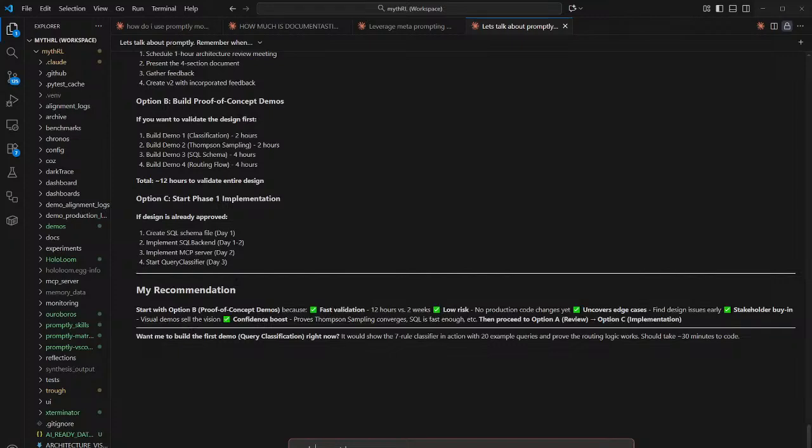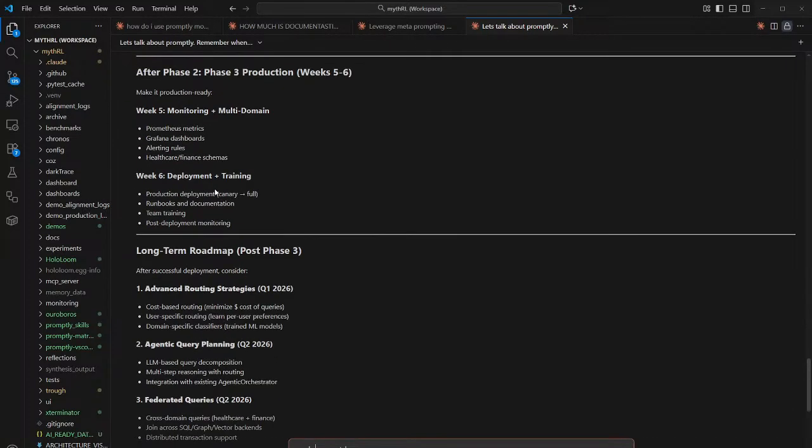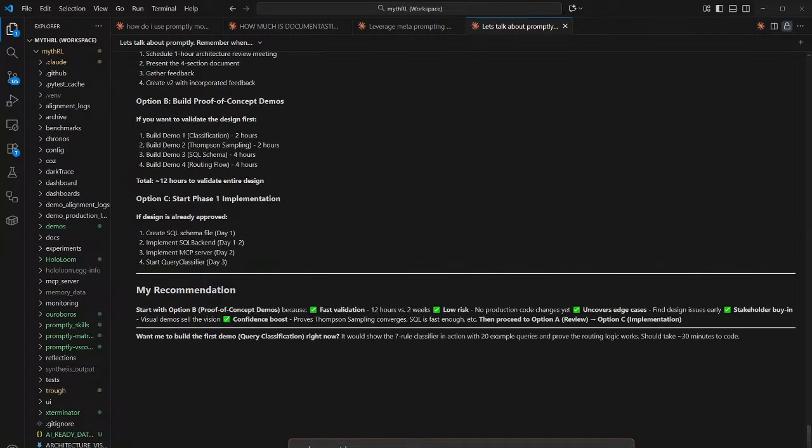It broke down the next steps into A, B, and C, and then it said we should do B first: proof of concept demos, low risk, fast validation, uncovers edge cases, stakeholder buy-in, confidence boost, then proceed to option A, which is where we review what we have, and then option C, implementation.